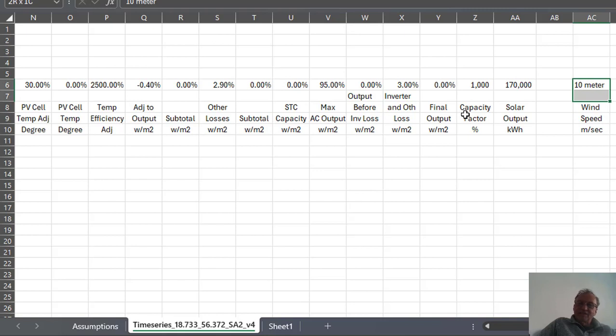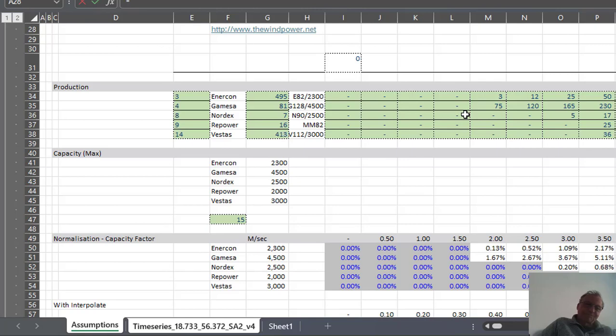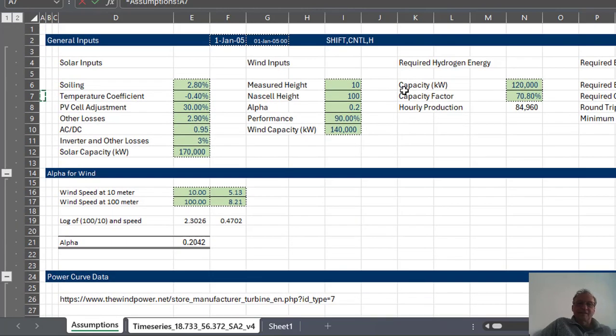And then I suppose we could put more than 100 meters, but I'm just going to put 100 meters here. And then this number is going to be our alpha. I'm going to use a high alpha like we did for the